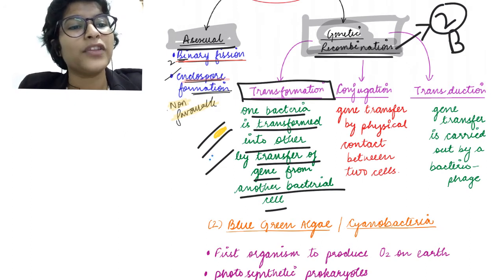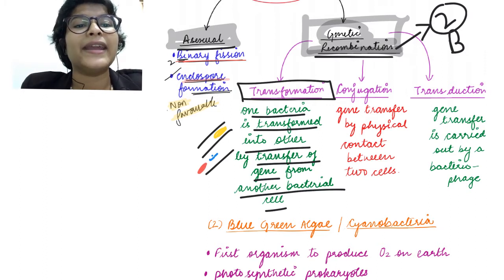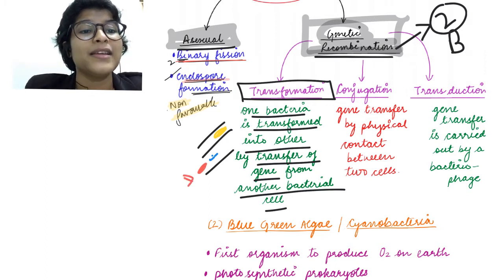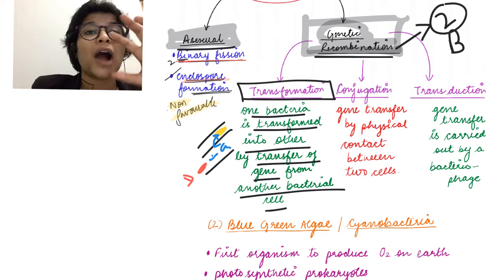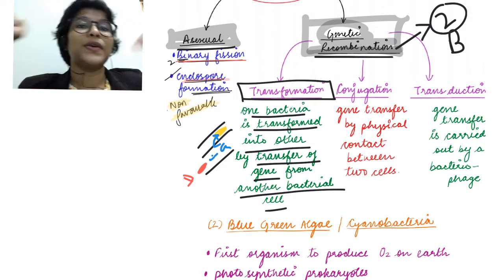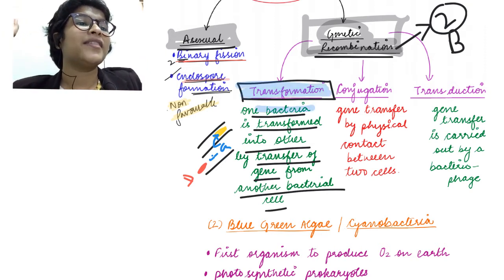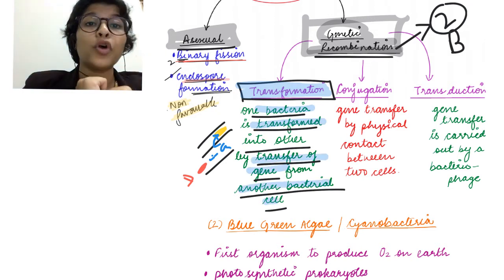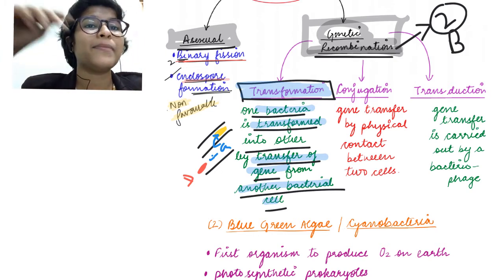So basically this is our medium, and if there is one bacteria present here and there is some part of the genome lying here which belongs to a third bacteria. Okay, ये bacteria dead है, the red bacteria is a dead bacteria and उसका some part of the genome is here. This genome is transferred into a living bacteria and after accepting the external genome it gets transformed. So this process is called as transformation. यानी कि bacteria is transformed by the transfer of a gene from another bacterial cell. Not necessarily live, not necessarily dead, but mostly some genetic content present in the surrounding.